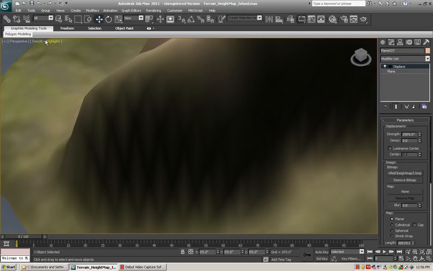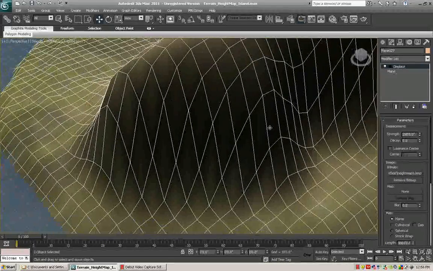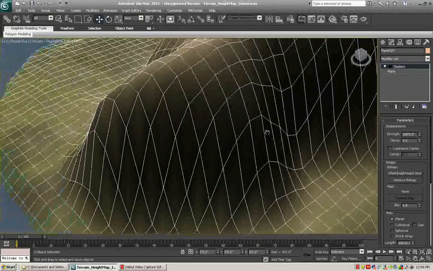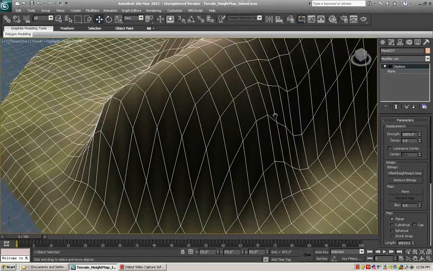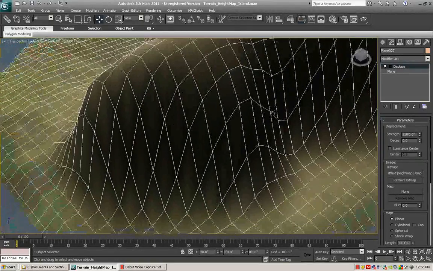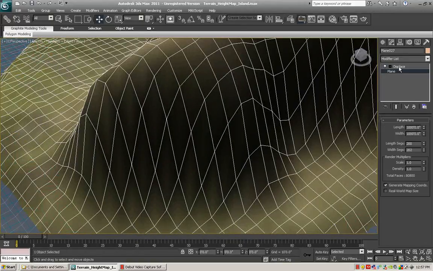There's stretching in the polygon configuration, so what we're going to do is turn on our edge faces, and you can see that there's quite a bit of stretching along this hillside because of the dramatic grayscale of the height field terrain. So we're just going to work on minimizing that effect, and how we do that is to select the last